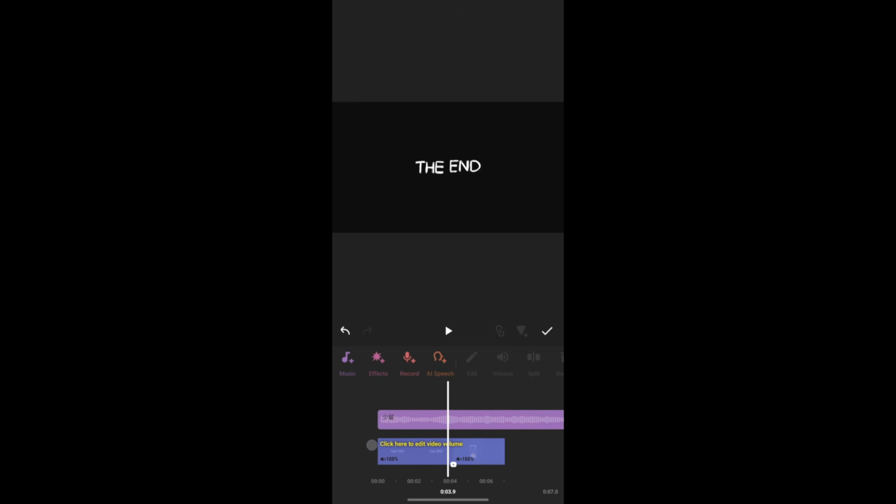To start music in the center, drag the track to the desired point in the timeline, ensuring it aligns perfectly with your video, as you can see here. To sync music in the middle, drag the track to the video's midpoint. It's easy, as you can see here, ensuring perfect timing and seamless